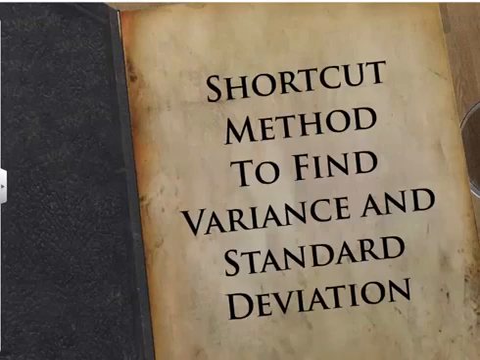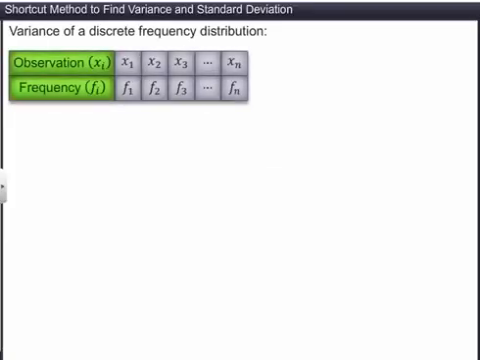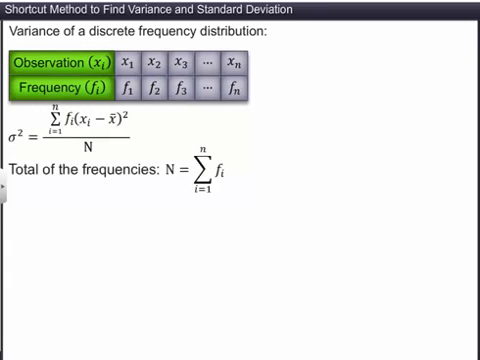In this module, you will learn to find the variance and standard deviation using the shortcut method. We know that the formula for the variance for a discrete frequency distribution is sigma squared is equal to summation of the product of the squares of the deviations from the mean and their respective frequencies whole divided by the